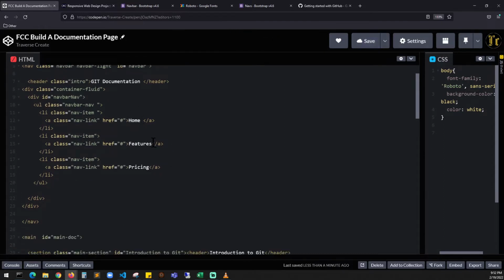and I'm going to change features, say home. I'm going to remove pricing. I'm going to call this home for now. Save this. All right, go back to your documentation